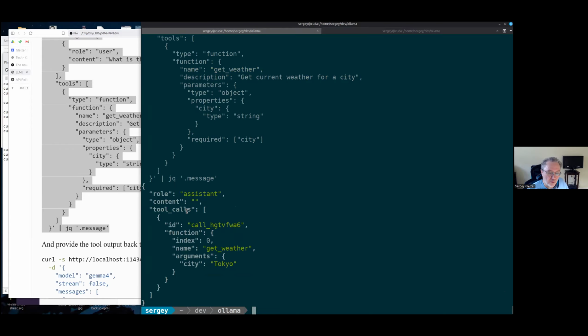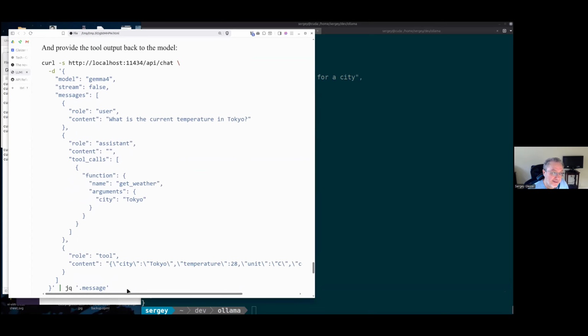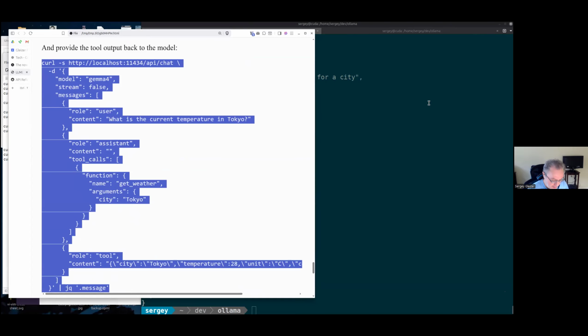So now what we got back is a piece of JSON that says assistant is calling a tool. Here's a call ID, a unique one just for tracking the call. And it wants me to call the function get weather, and it wants to get the weather for Tokyo. So it's following my definition of the tool to ask me to call the tool on its behalf. And if I pretend to be that tool and provide the tool output back to the model,